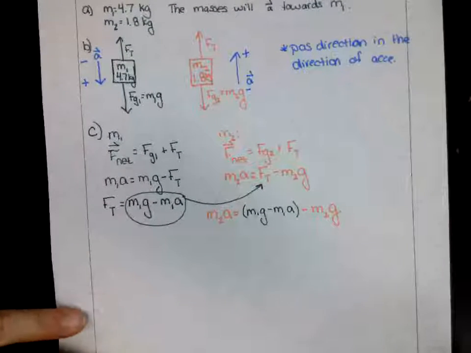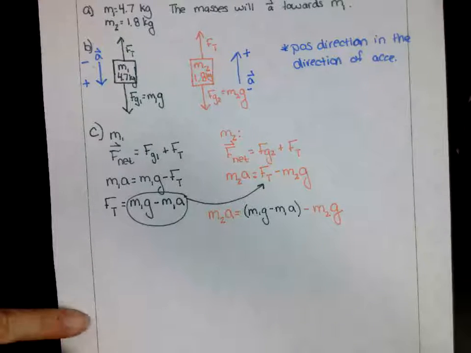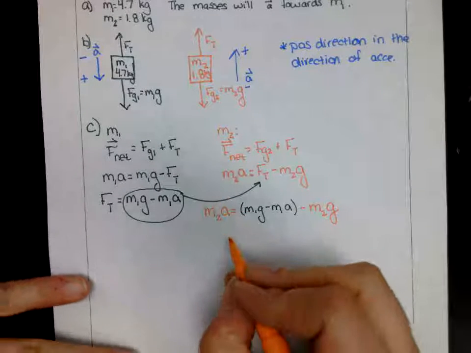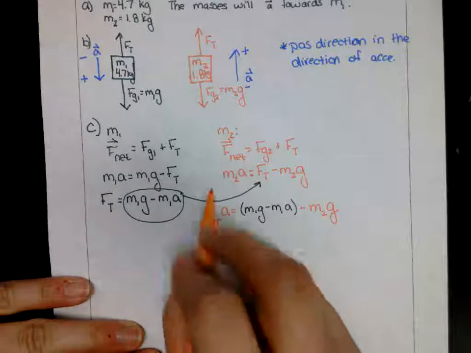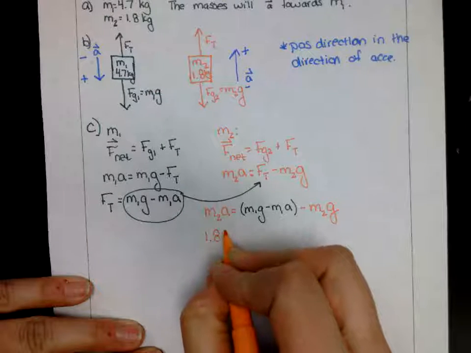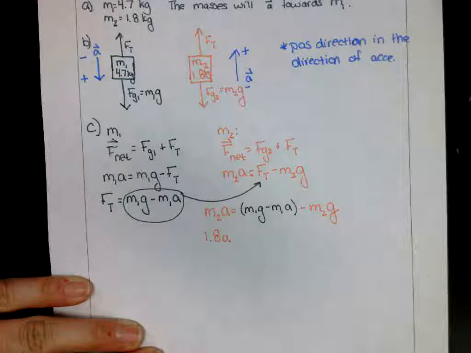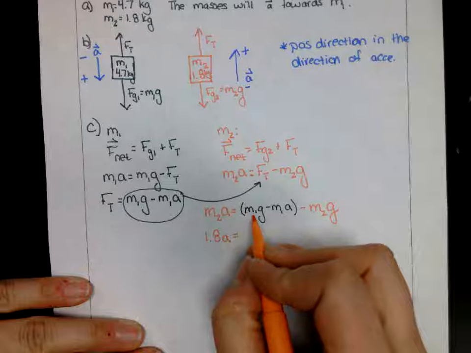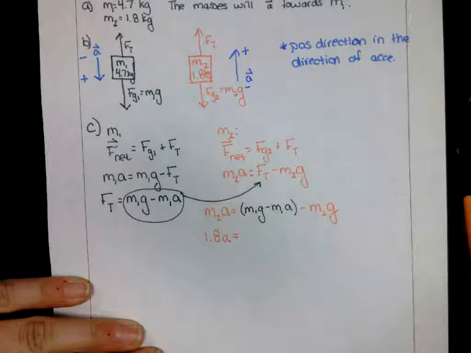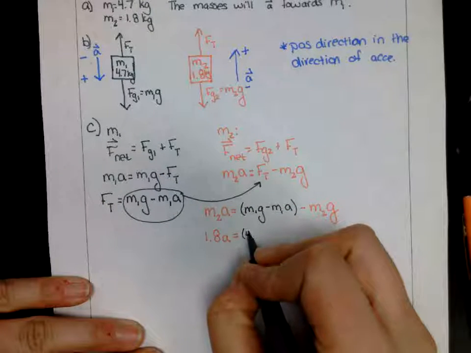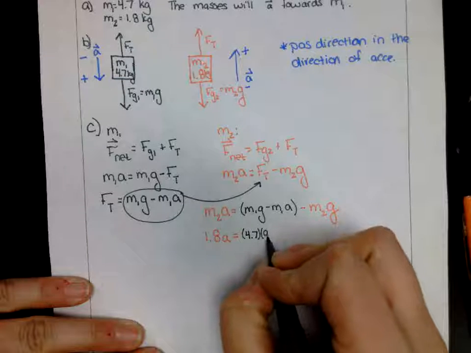I'm going to plug in the numbers right here without units. But if you do what I do, you need to make sure that you remember to include proper units in your answer. I don't advise this, but it'll make it a little bit easier to see. So my mass 2 is 1.8 kilograms. And I don't know what acceleration is. That's equal to mass 1 times gravity. So mass 1 is 4.7. Gravity is 9.8